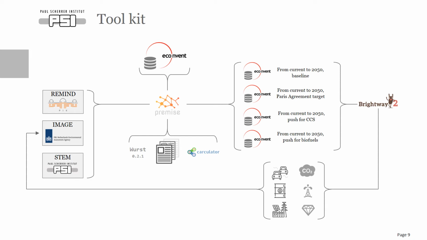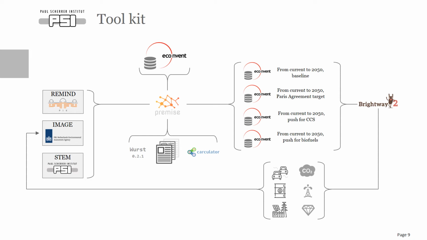Once we have the desired modified database, then we can use another tool developed at PSI, Brightway, which is an LCA framework, and we will use that tool to calculate some environmental indicators for whatever system we're looking at. A car, a megajoule of a certain fuel, or a kilowatt hour coming out of a certain technology. And then we can produce some indicators, for example, in terms of CO2, or in terms of metal resource depletion, or